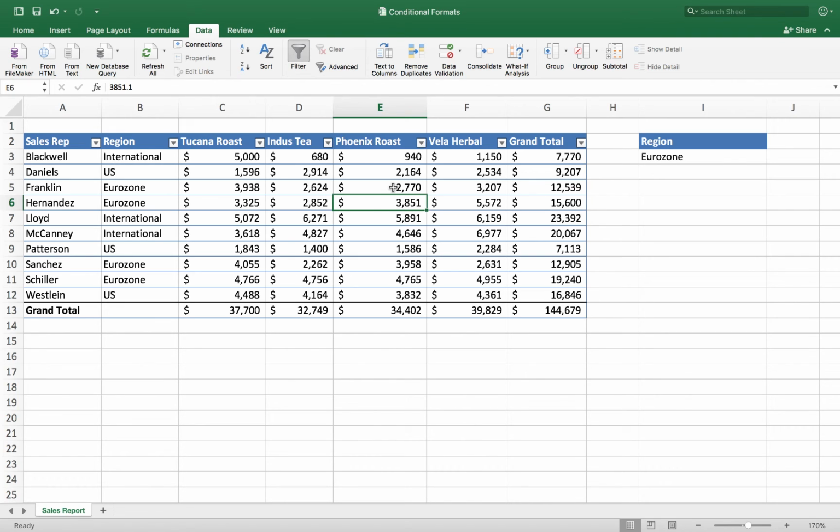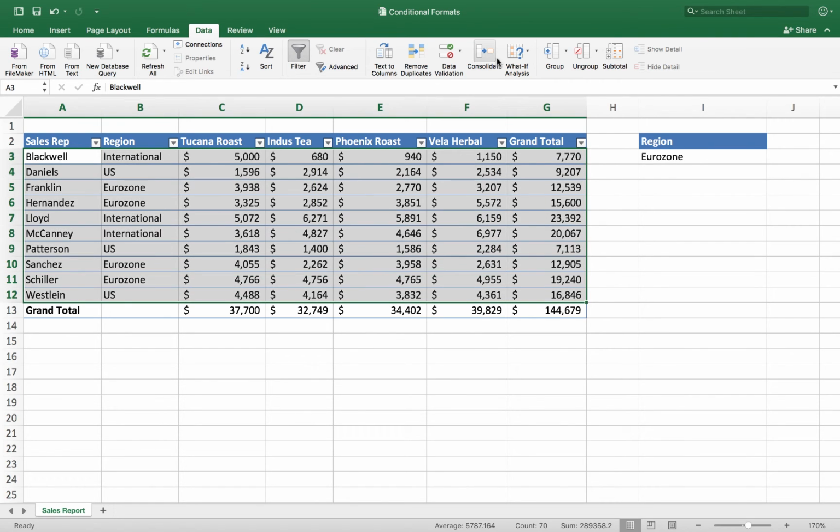conditional format here. Okay. So the next thing I'm going to do is just highlight all the cells that I want to apply this rule to. Before you do conditional formatting, you always have to select the cells that you want to apply the rule to. So here I'm going to click in cell A3 where I've got the first guy's name, and then I could drag across to highlight the data. But remember, you can always use the shift key as a way to highlight a larger data set. So I've clicked in one corner. Now I'm going to hold the shift key down on my keyboard, and I'm going to click in column G on row 12. So I've got all my rows except for the grand total selected here. Okay, and I want to write a conditional formatting rule for these rows.